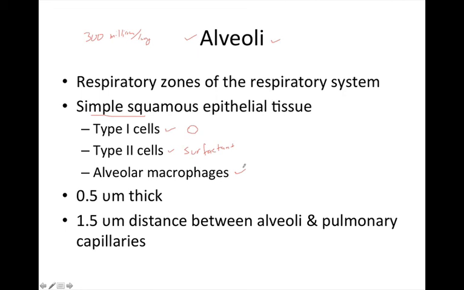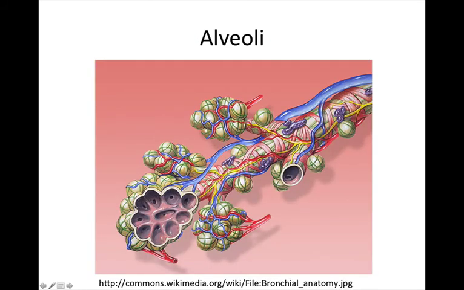They're often called dust cells because of the particles that the macrophages remove. Now, one thing to bear in mind about alveoli is that they're incredibly thin. They're only about half a micron thick, and they're really close to pulmonary capillaries. The only thing that really separates them would be the basement membranes of the pulmonary capillaries and the simple squamous epithelial cells of the alveoli. Okay, so as we take a look at this,